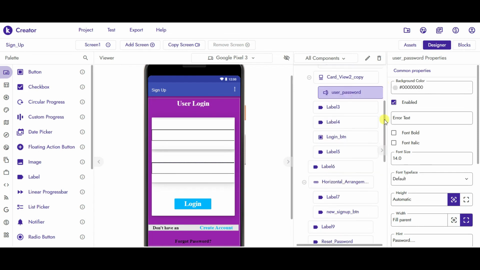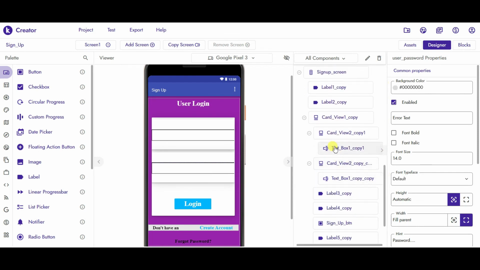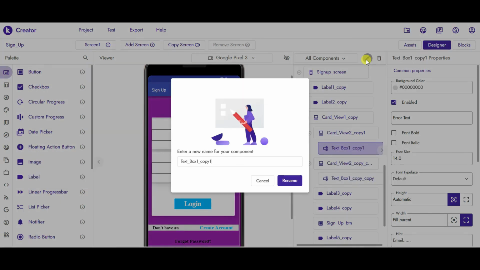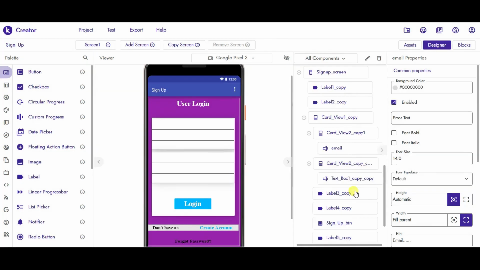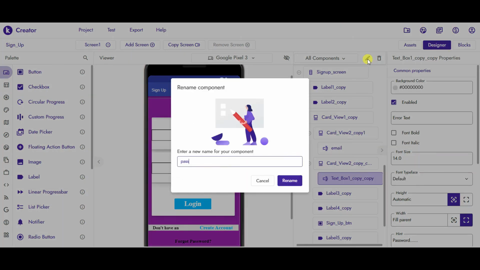Here in the sign up option, there also you make the changes. In the first text box, just rename it to email, and the second text box, you just rename it to password.